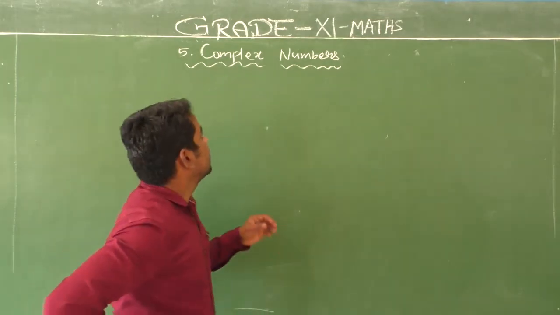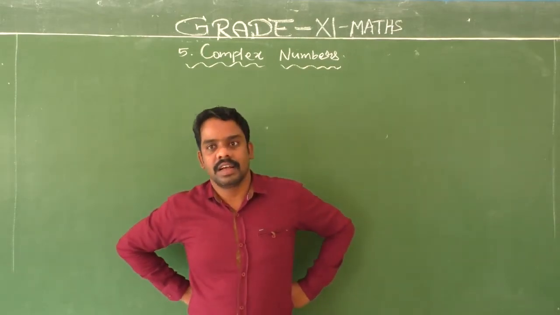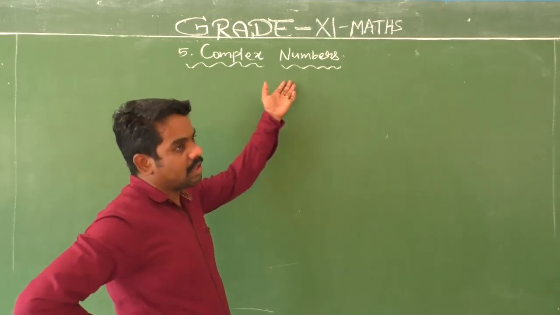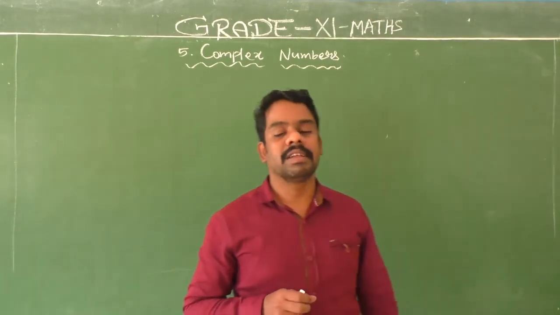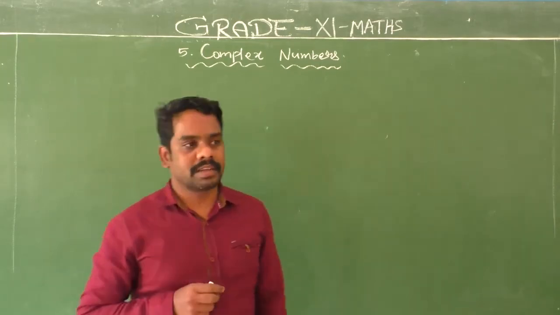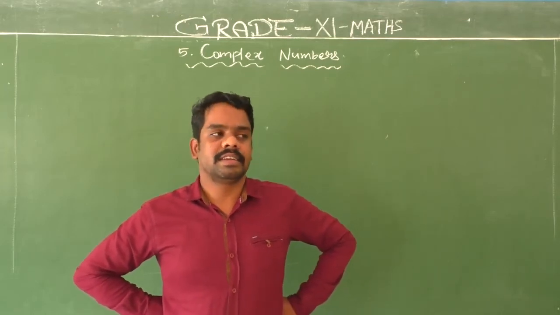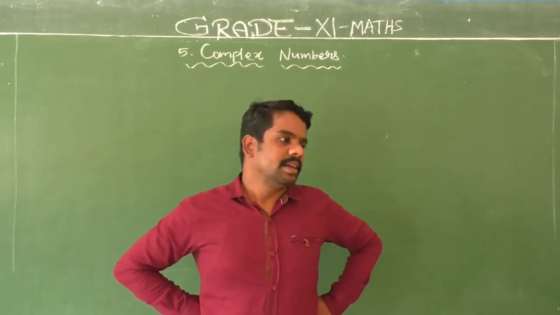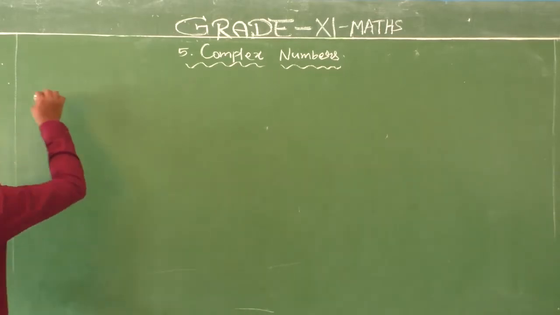Today I will teach about complex numbers. In the last class, I already completed the trigonometric functions. Today is complex numbers, part five. Last class we were studying complex numbers: what a complex number is, the rectangular form of a complex number, and algebraic operations using complex numbers, that is addition, subtraction, multiplication and division. Okay, right. Next, the powers of i of a complex number.